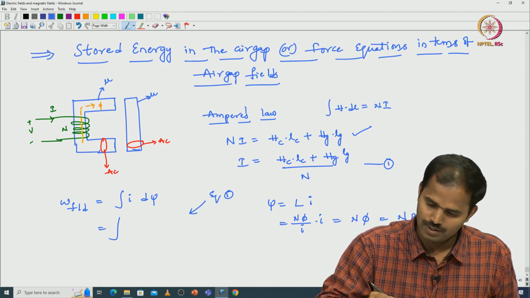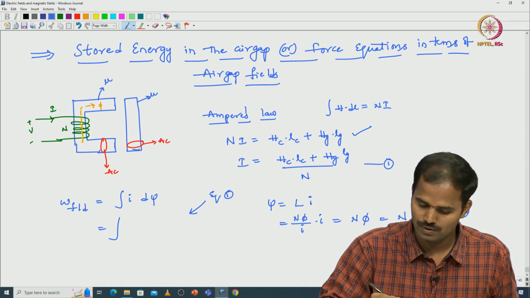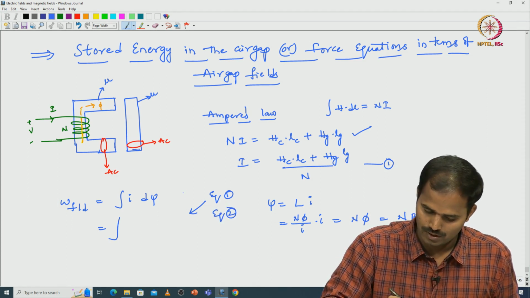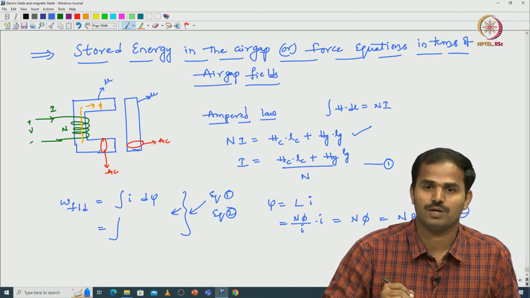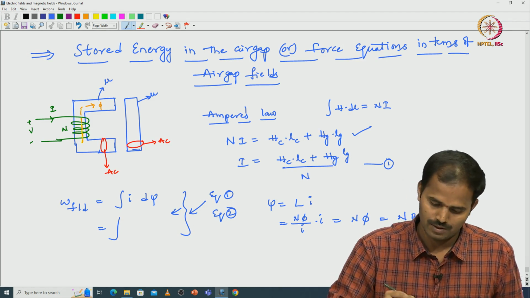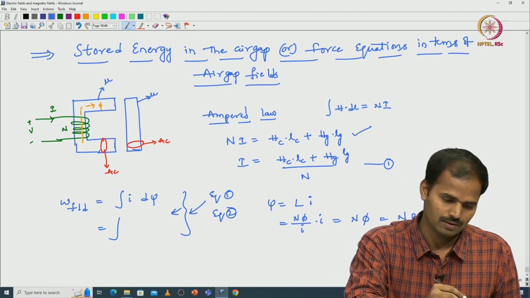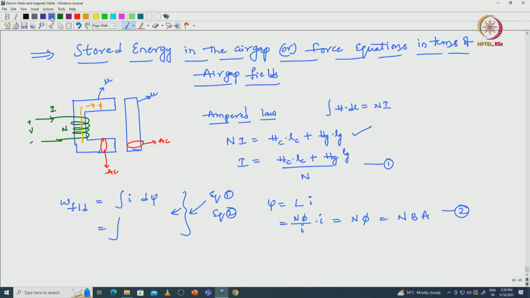So I am substituting equation 1 as well as equation 2 in this equation. The equation will look like this: Hc Lc plus Hg Lg